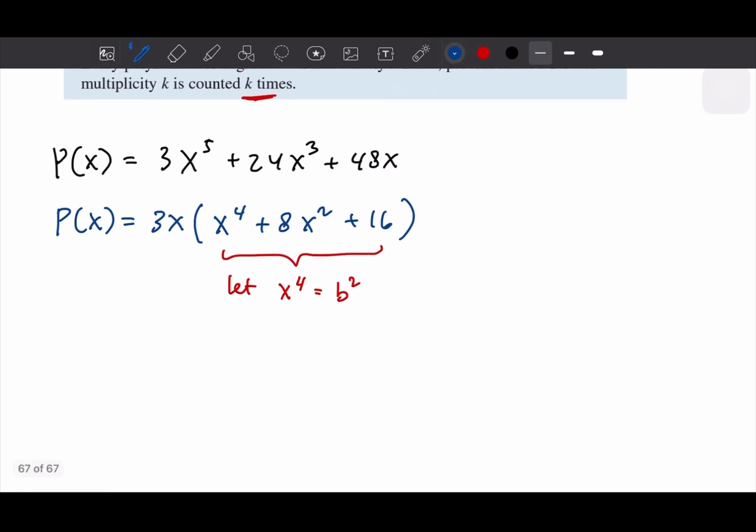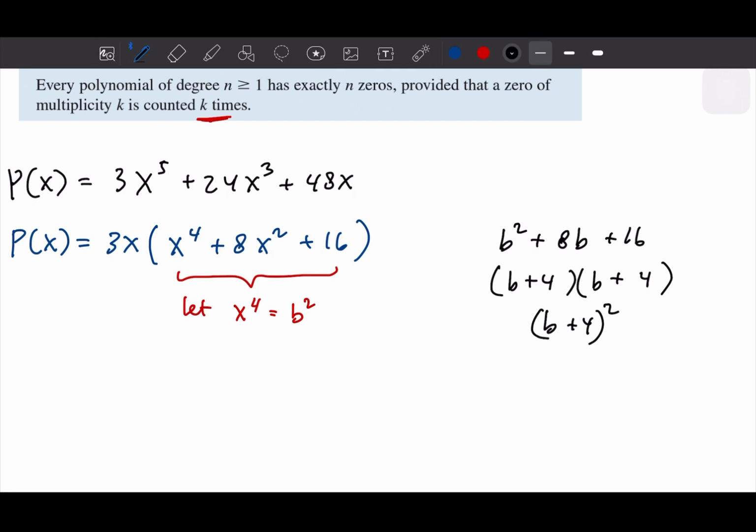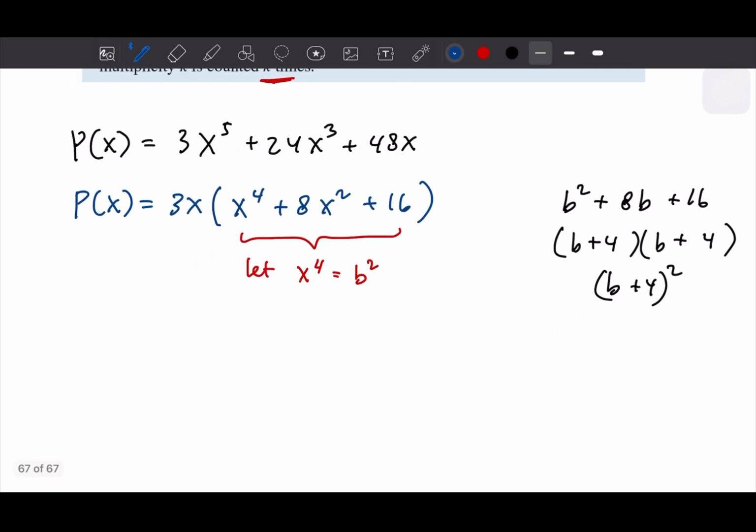Okay, and we can write it on another paper. So b squared plus 8b plus 16, and we could write this as b plus 4 squared, and b is x squared, right? x squared. So we could write this: p of x is equal to 3x (x squared plus 4) and then